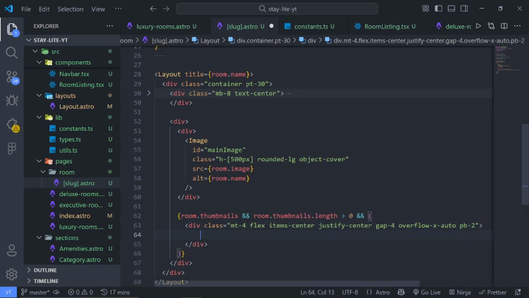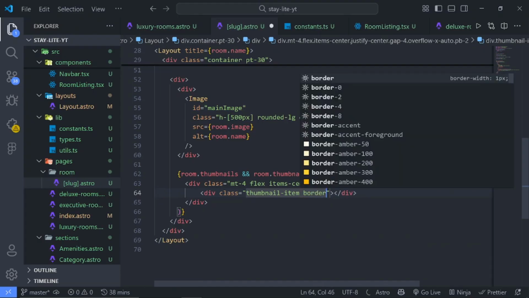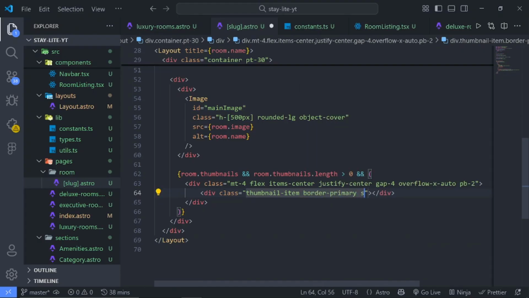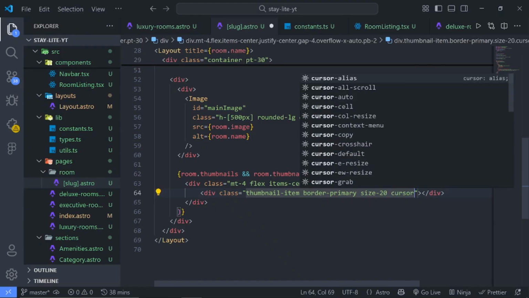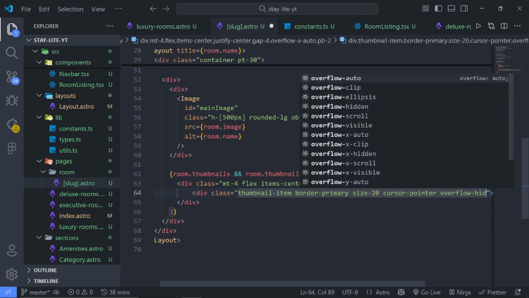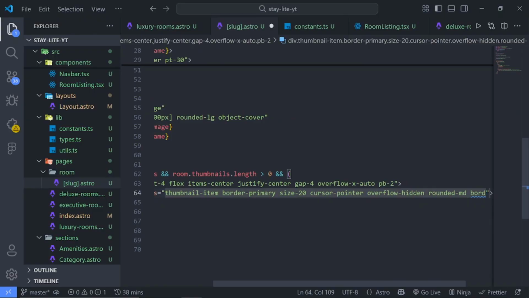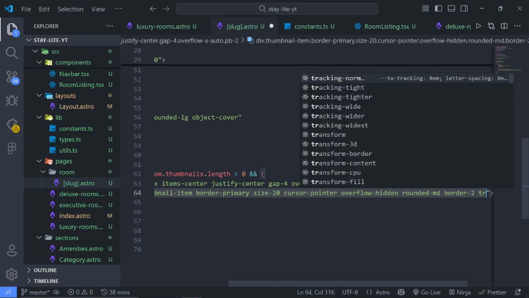Then inside this div, bring in another div again, and this time we'll give this a class. We'll call this one thumbnail item, so we'll hook into this in JavaScript in a bit. Then we'll give this a border of the primary color, size will be 20, cursor will be pointer, overflow will be hidden, give it a little border radius of medium, then border of 2,